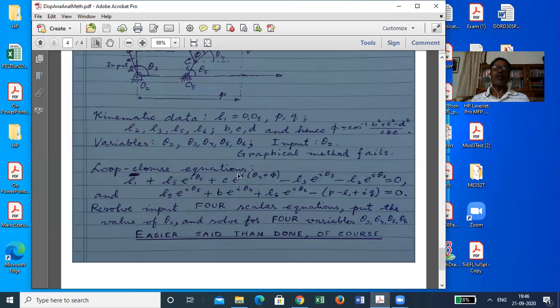So if you don't eliminate, then what happens? Then you have the task of solving for two unknowns from two simultaneous nonlinear equations. That is also difficult. That's a numerical challenge. You can have Newton's method for multivariate equation solving, but it's not a cakewalk. It requires some effort and it has numerical issues also.